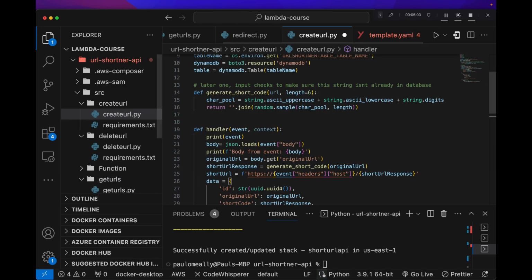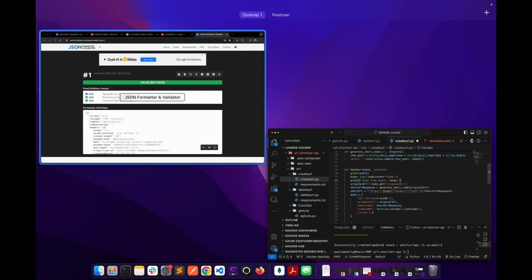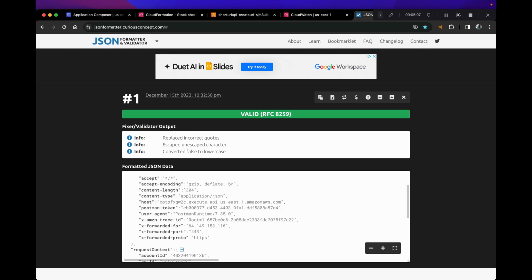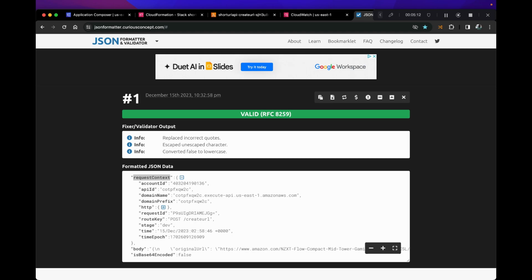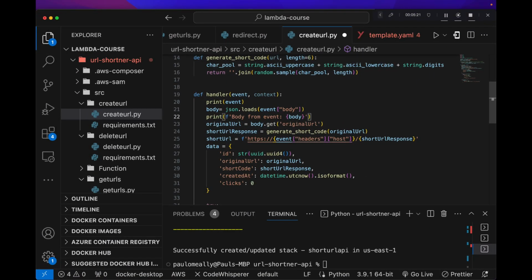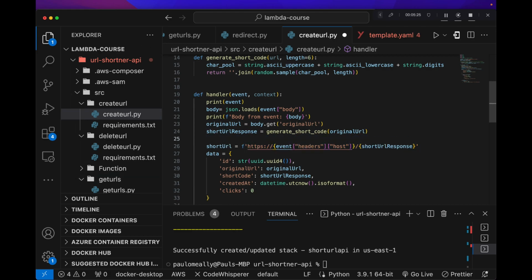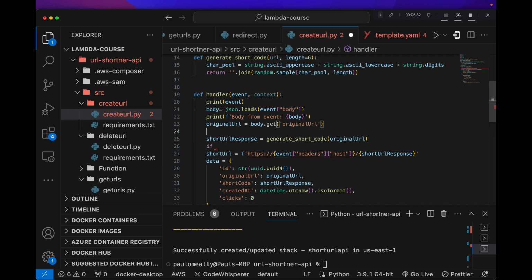In our code now, since we already identified that the request context has a stage, we can check this in our Lambda function and detect which stage we're running in. So let's open up our create function again. Before we compute our short URL, we're going to check which stage we're running in. Let's just store this in a variable right now. So we're going to say stage